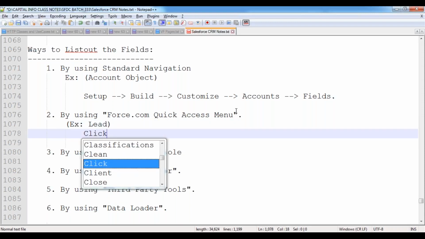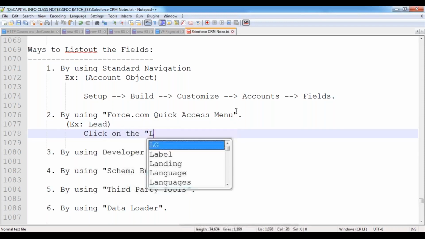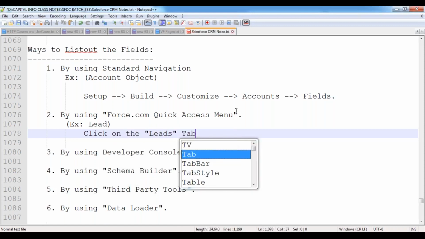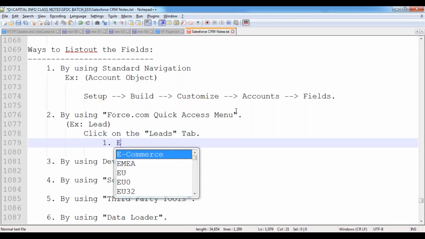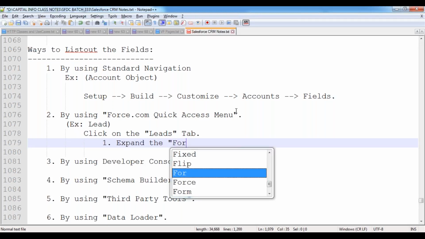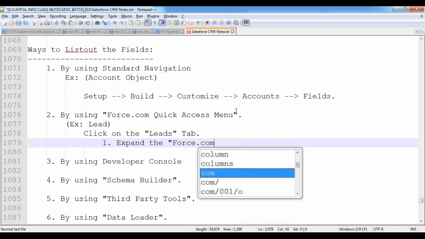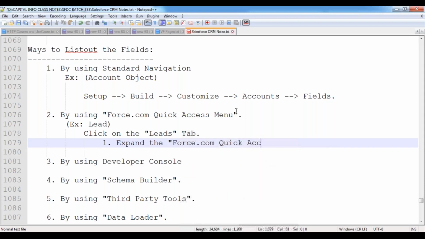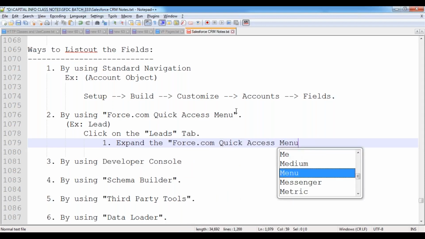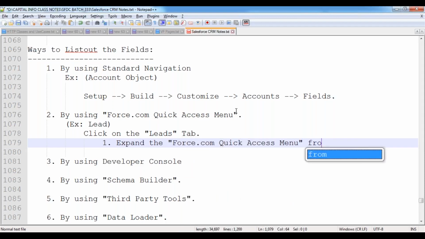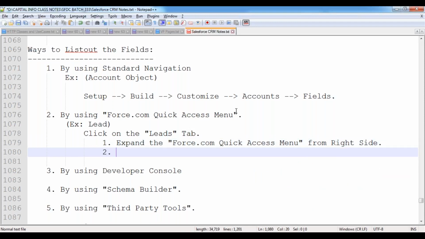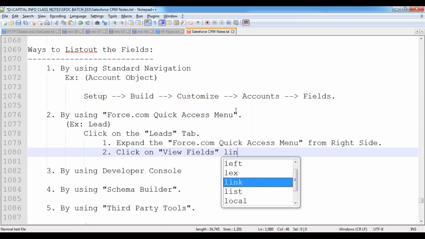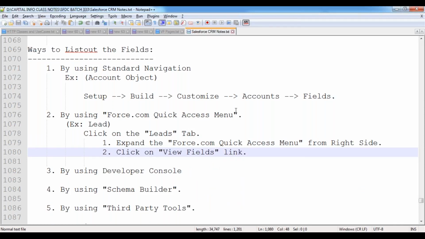In this case, click on the leads tab and expand the force.com quick access menu from the right panel, from the right side. Click on the view fields link.